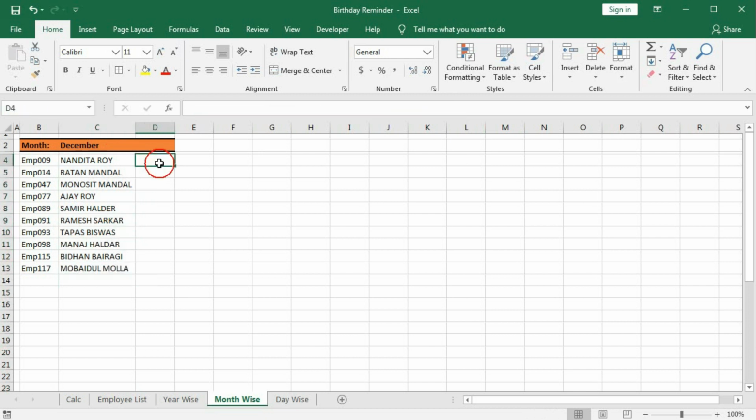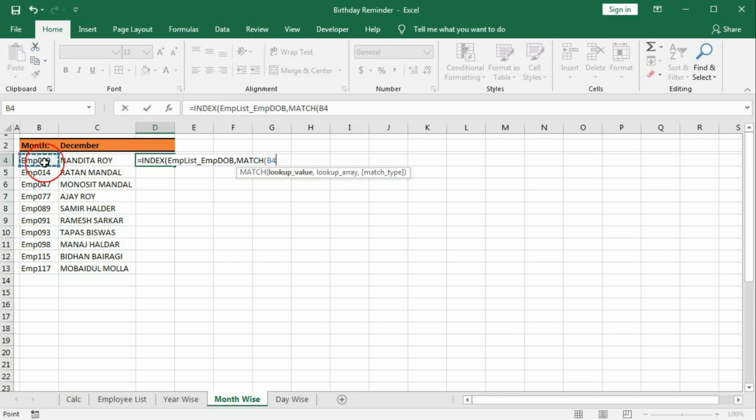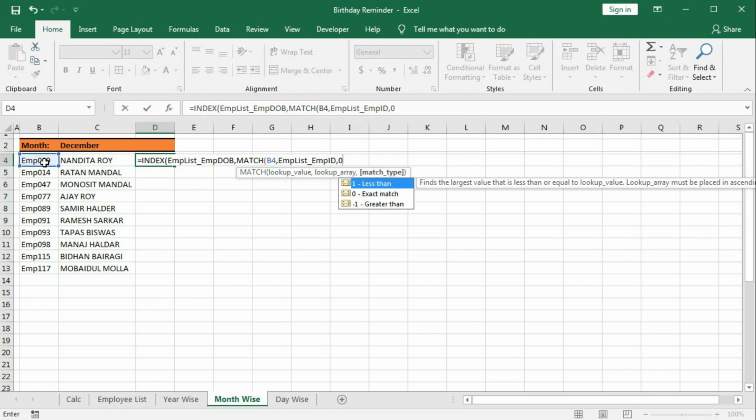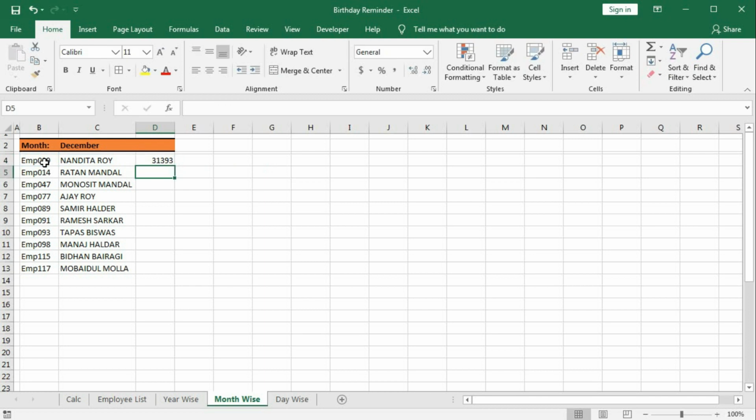Now here the date, equal to INDEX, empdob, comma, row number. So for row number we have to use the MATCH function. Lookup value is this one, comma, lookup array is empid, comma 0 for exact match, bracket close for match, bracket close for index. Enter.